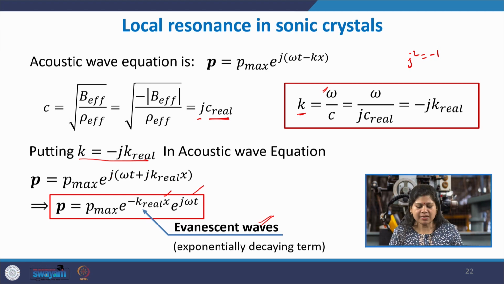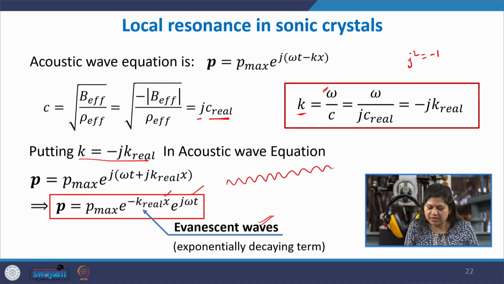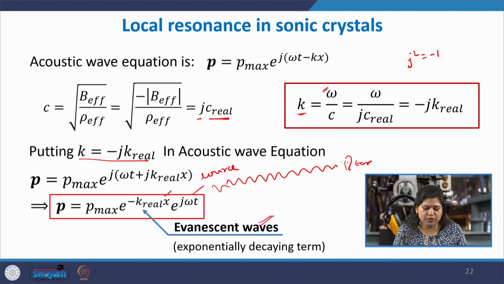Typically the sound waves are pressure variations, pressure oscillations that are travelling through space and reaching our ear, let us say. This is our human ear, and they are travelling from the source and reaching the receiver by means of these pressure fluctuations. So, this is a propagating wave,